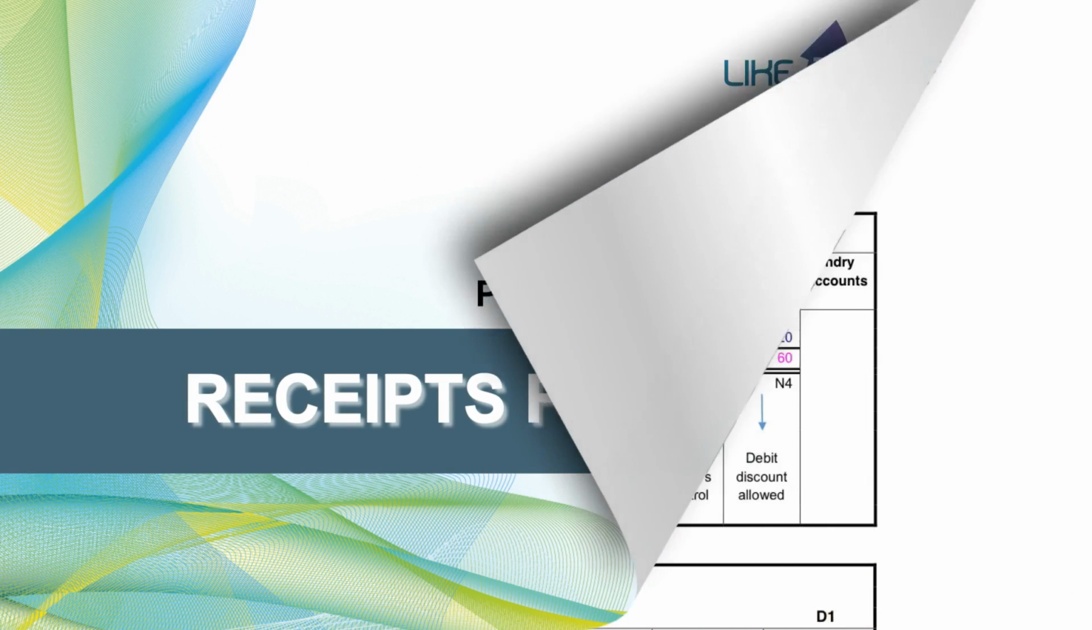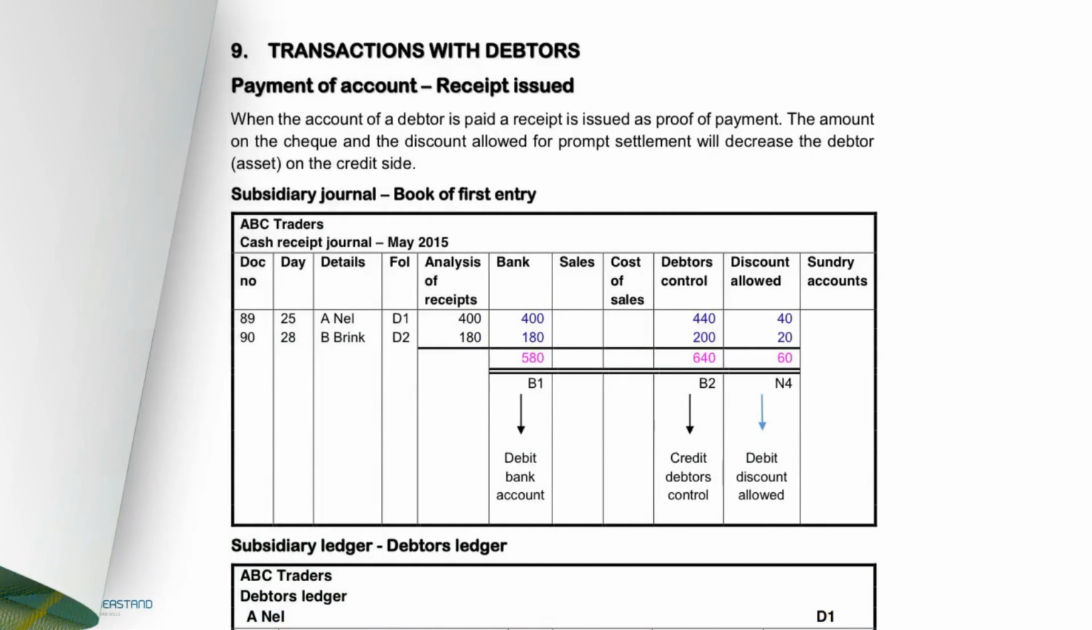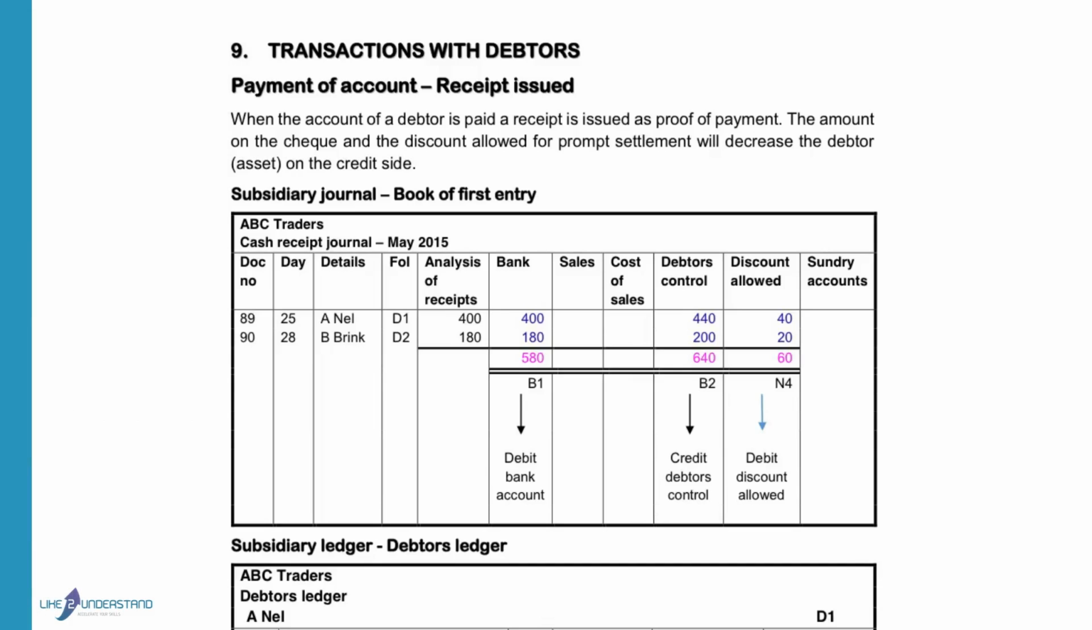Good morning. We will pay attention to transactions with debtors today. When we receive money from a debtor as payment of the account, we will issue a receipt. This receipt that we issue will be used to record the entries in the cash receipts journal. When we receive this account and the account is paid in time, we will allow discount for prompt settlement, and